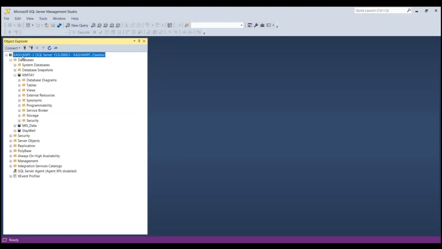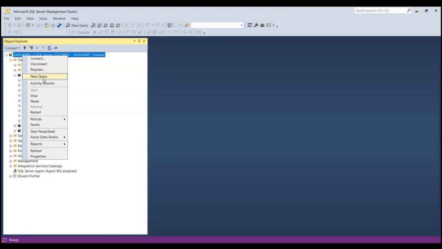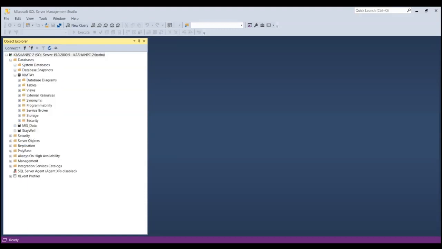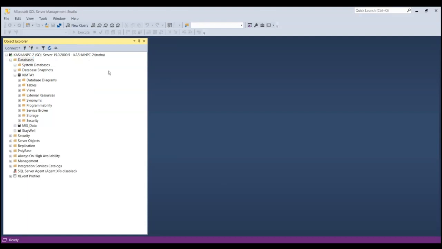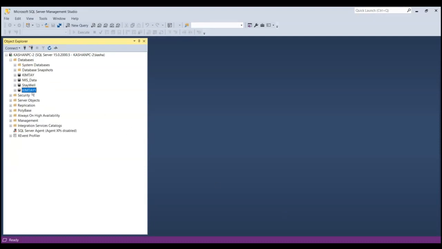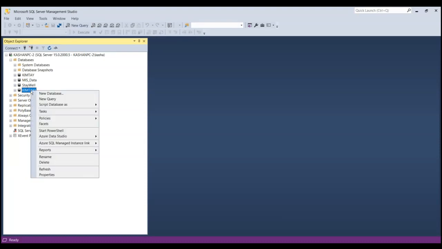What you will do, let's say I'm sharing this screen, I'm just going to register a new database, and I'll delete it afterwards. I'm just going to show you the Kimte1 one that I created, starting with 8 MB and 8 MB. So I now have Kimte and Kimte1. I'm going to delete Kimte1 afterwards, but let me just create a